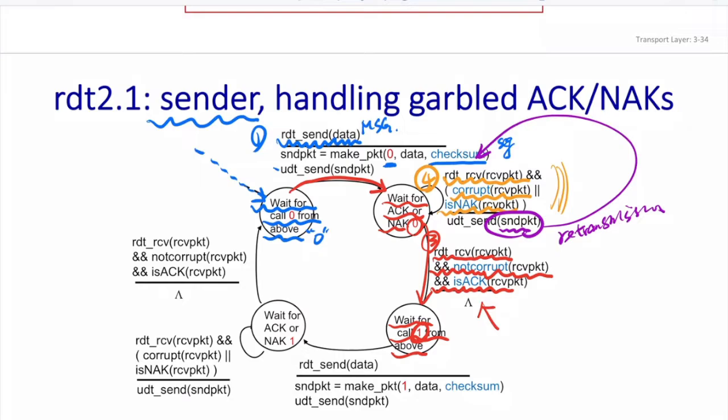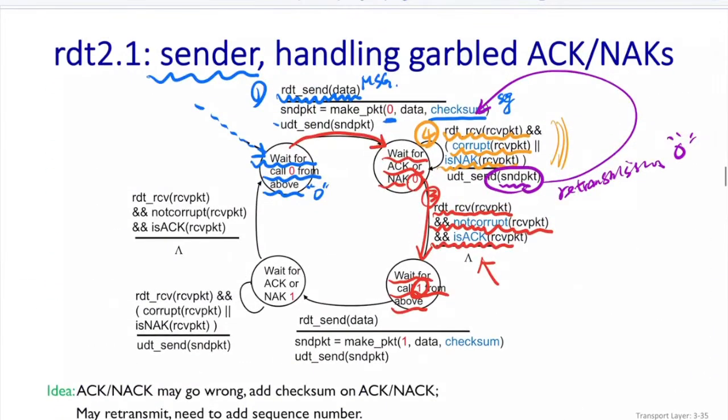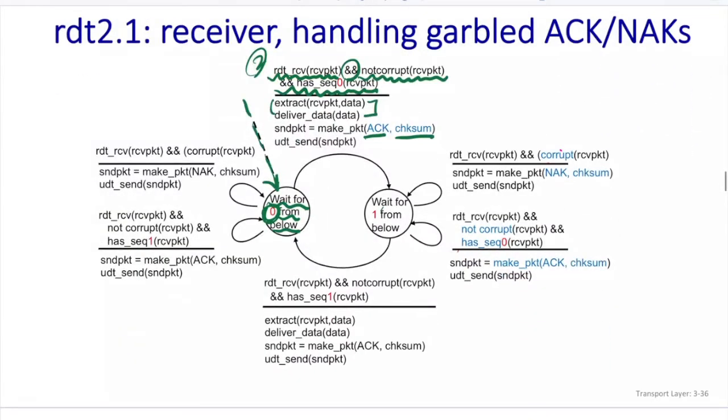Since we don't know what's going on at the receiver side, we send the packet again. This packet is number 0, so it is a retransmission. So again, at the receiver side,